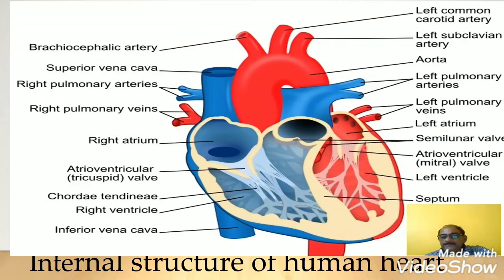Pulmonary aorta or systemic aorta, that is the semilunar valves,